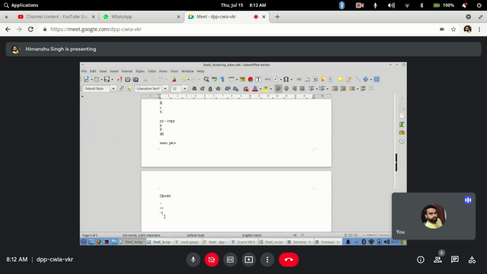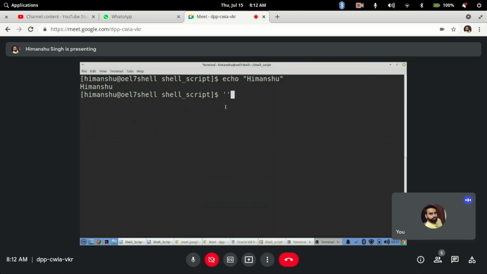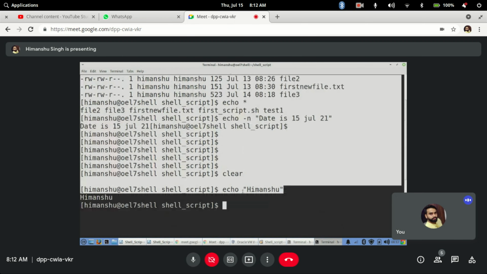Normally in Word it looks curly, but it should be standard single quotes. It shouldn't be something like these quotes. Normally when you type on the terminal, it would be straight single quotes like this. Now when we use single quotes and back quotes, why do we use them? By default, always prefer to use double quotes. There is a reason for that, I will tell you.